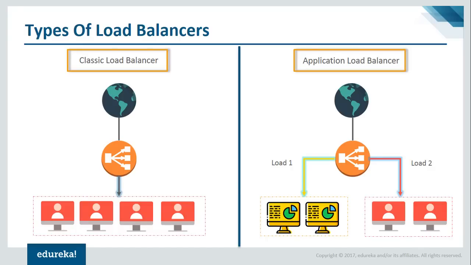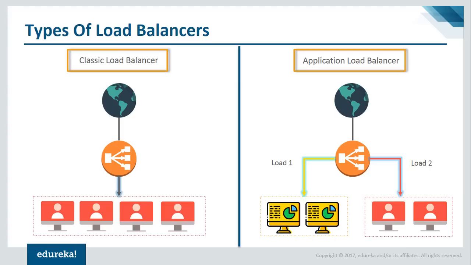The first type would be to equally distribute them among the number of servers. Like say there are 5 servers, so it will distribute it among the 5 servers. But if there are two kinds of servers now, your load balancer can identify what kind of request is being made